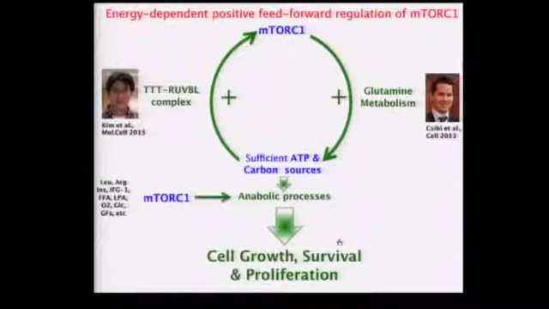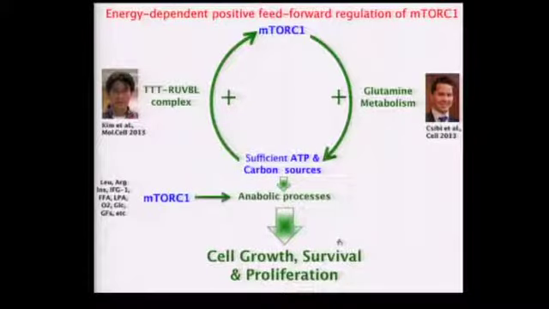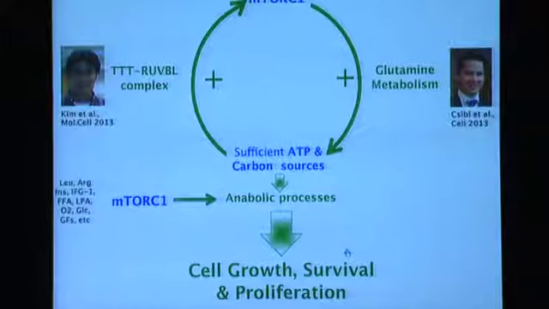Okay. So what I've shown you today is that when you have lots of nutrients, lots of growth factors and nutrients, or you have activating mutations of upstream components or inactivating mutations of tumor suppressors, you can have high TORC1 activity, and this drives anabolic processes to make carbon building blocks to support cell growth, survival, and proliferation in these cells. In addition, what I've shown you is that TORC1 can also drive metabolism like glucose, and we focused on glutamine metabolism by Alfredo's work, and you're driving these processes to generate the energy and the carbon sources needed to support the ability of TORC1 to drive these processes.